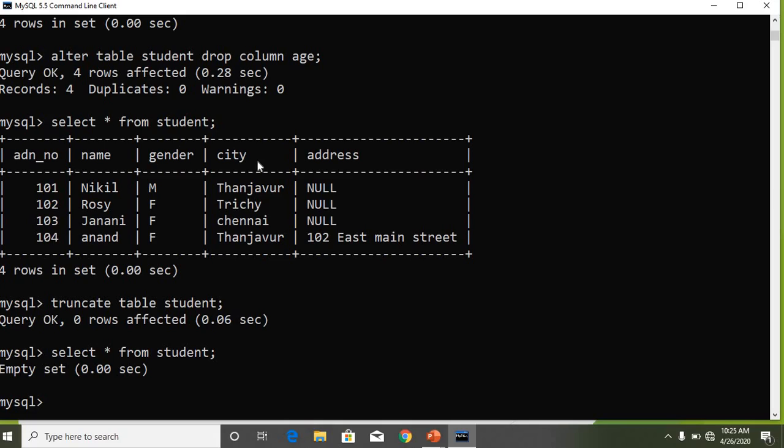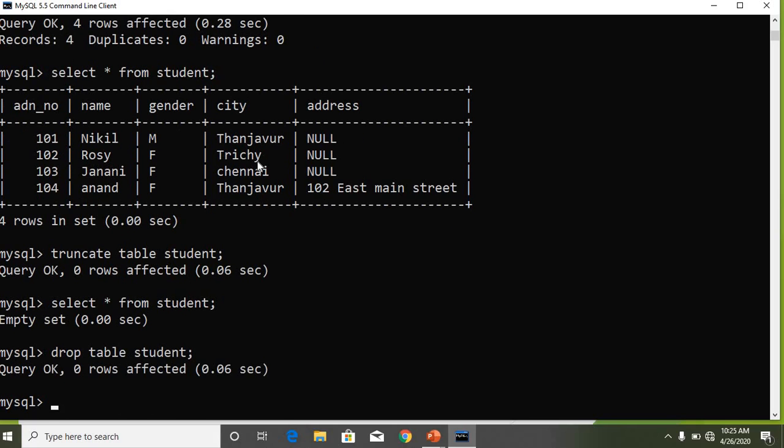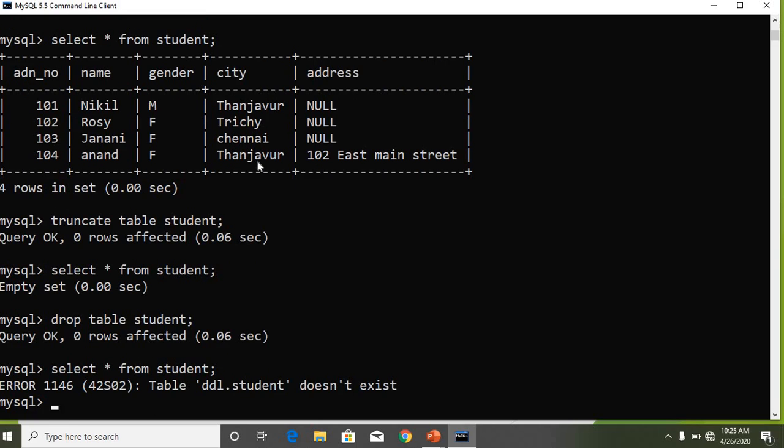Okay, now I am going to show the drop command, how it works. Drop table, table name student. The query is executed successfully. Now check that, select star from student. Now I am trying to view the student table. What will be displayed? See the error, table database student does not exist because we have deleted